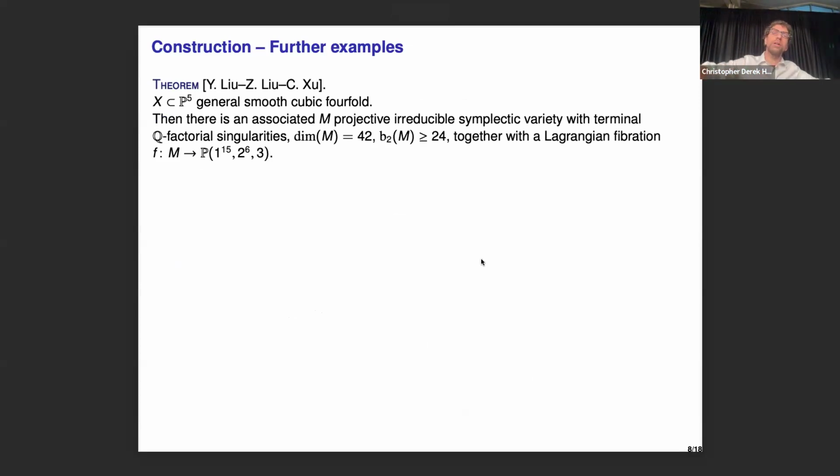So I start with a cubic fourfold, and there is some recipe, which I'll describe in a second, how to produce something which is projective, but unfortunately singular. But this variety is very special somehow. There will be some new example. In some sense, there are some O'Grady type example, but singular. Okay, so the condition here is that b2 is greater or equal than 24. For those of you who have seen Kieran's talk, this shows that it's a new example somehow.